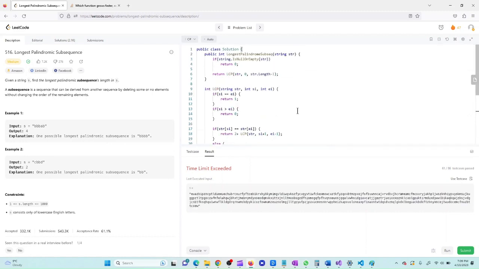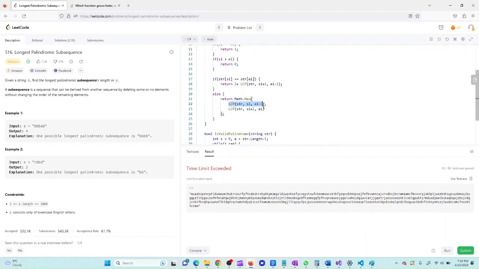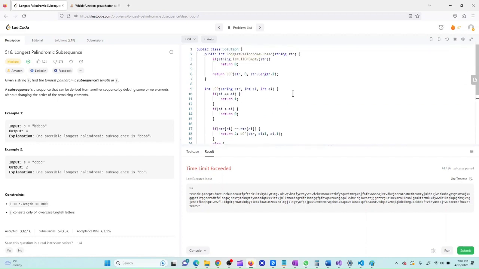Now if I take a look at this function, we have two variables here, si and ei, and if you look at this, we do have some overlap between si and ei, so it is possible that I am solving the same problem again and again. That's where dynamic programming and memoization come in. A rule of thumb is that I have two variables in this equation, starting and end index, and we have to store the result for these. So let's create a memoization array,